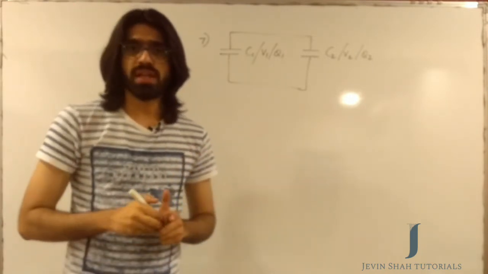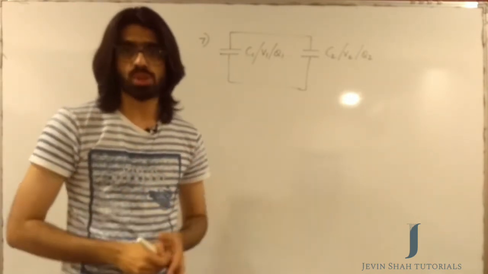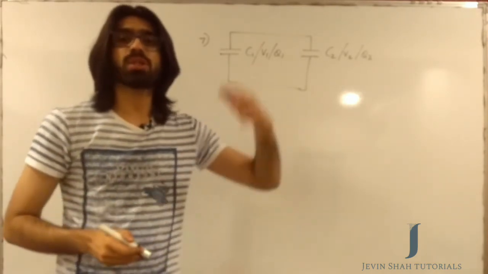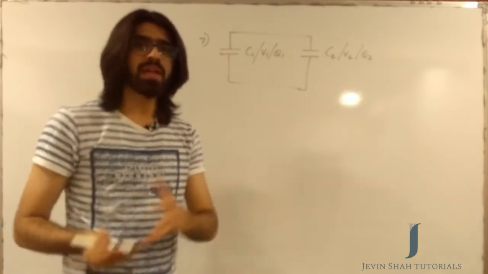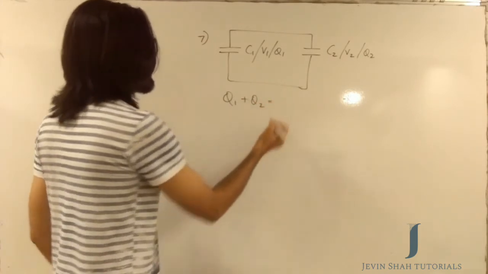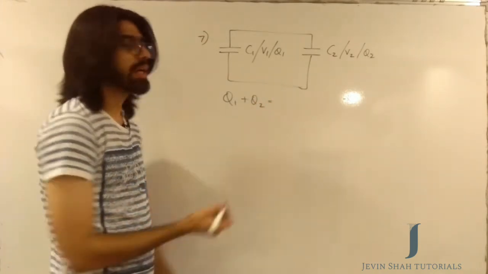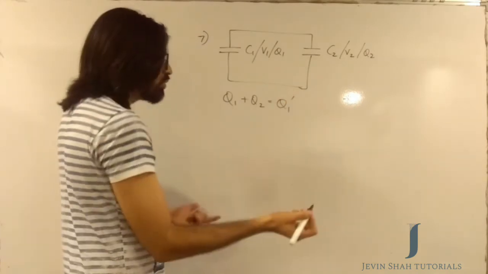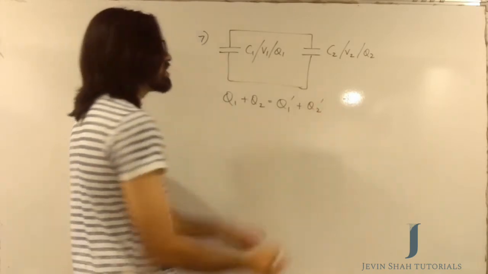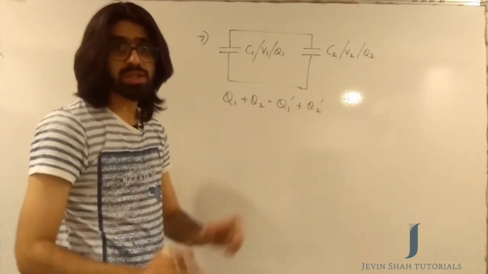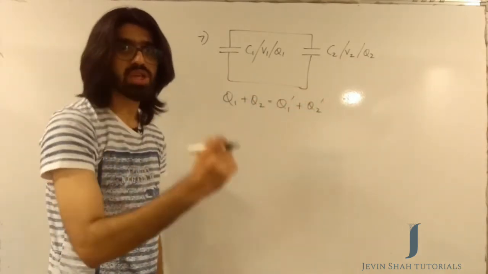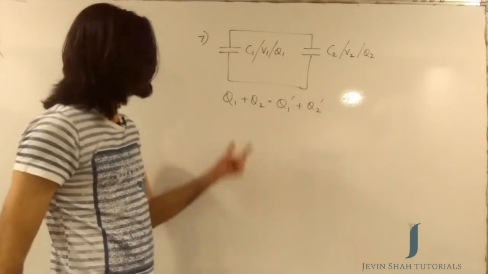In doing so, what I need to assume is that charges can never be destroyed. So the initial charge on the capacitors will be equal to the total final charge on the capacitors. The initial total charge I had was Q1 plus Q2. And let's say the final total charge I have is the charge on my first capacitor, which would be Q1 dash, which is different from the initial charge, plus Q2 dash, which is the final charge on your second capacitor. In short, I am saying that the total initial charge is equal to the total final charge, because charge is something we cannot destroy.